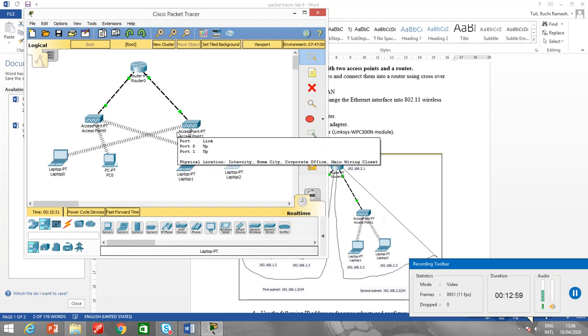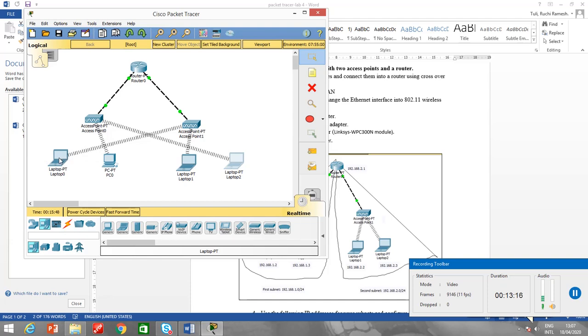Alright. Now access points have been configured, but they are working like a cross access point. It doesn't matter over here. I will just attach to them, configure the SSID, then it will be over. But first of all, let's check the connectivity.